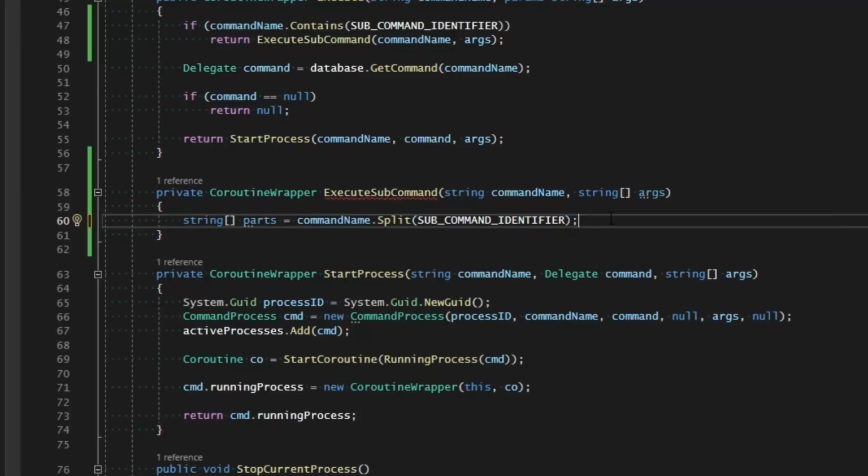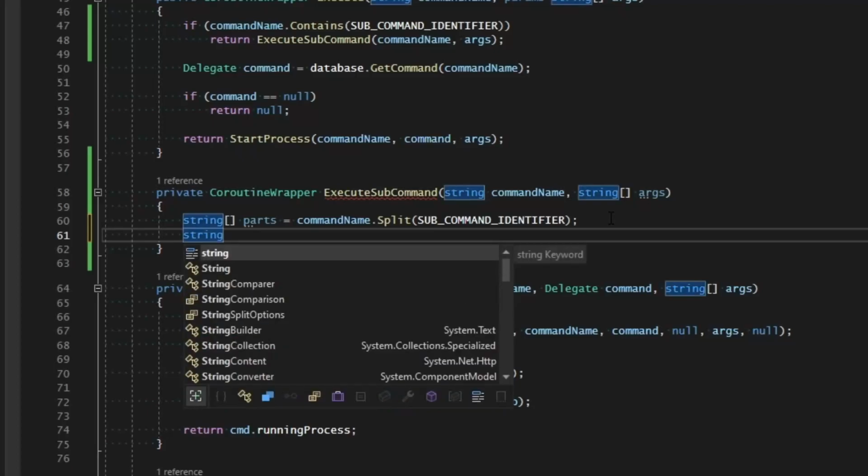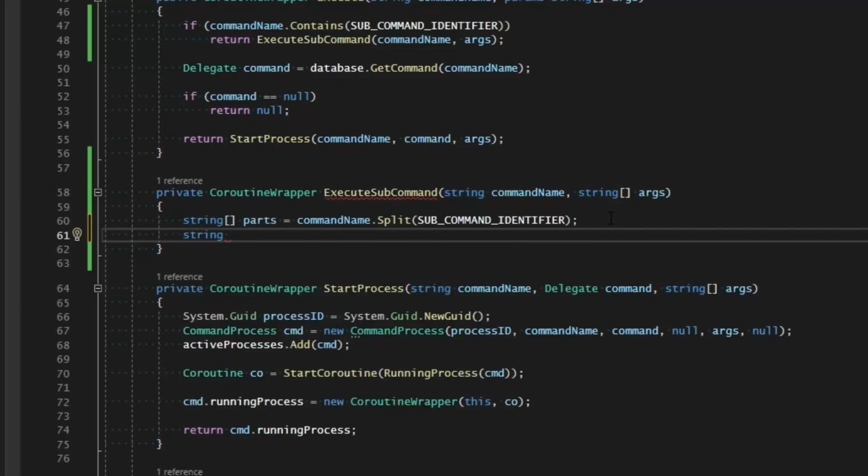Now we can find the database name as the first part in here, but if we have multiple periods, I'm just going to assume that maybe that's something we can do. Then we'll just accumulate all of the parts except for the last one. So if we have cam.current.setFOV, like I said, I'm not going to be using that, but I'm going to put it in here just in case anyone else wants to go down fancy lines like that,